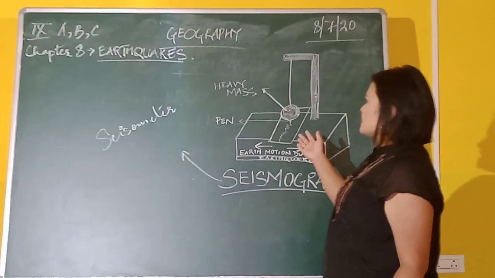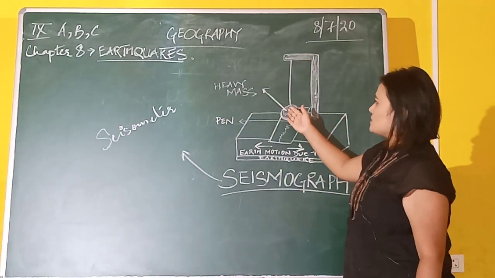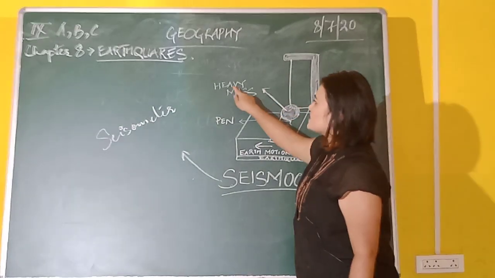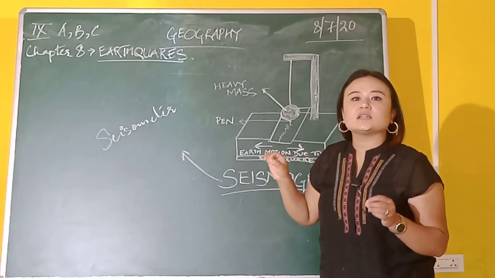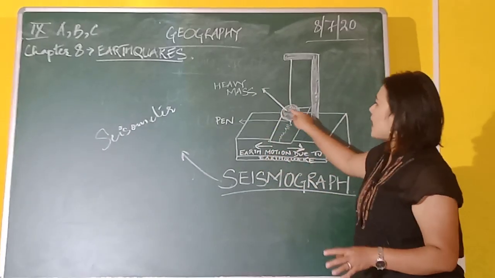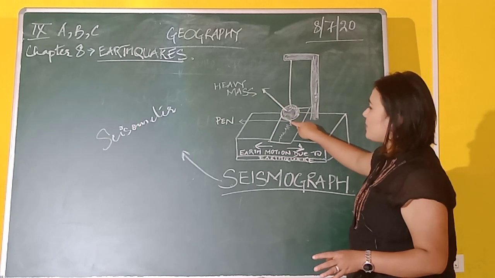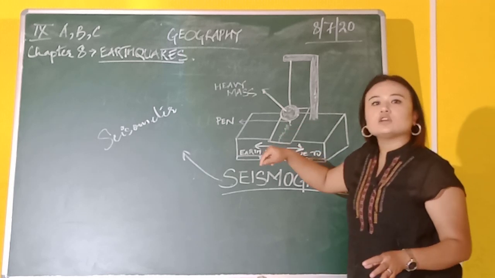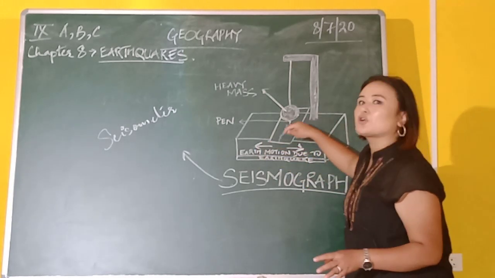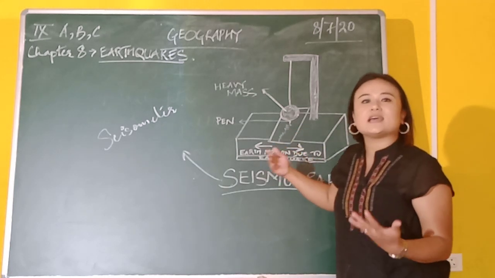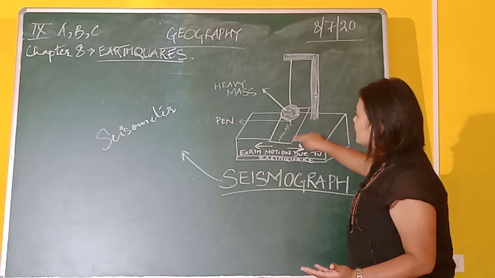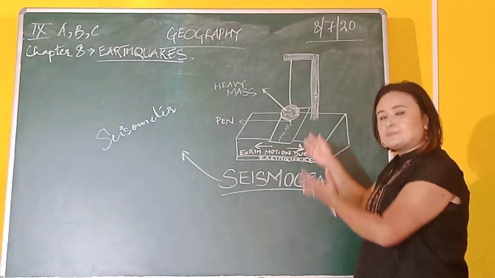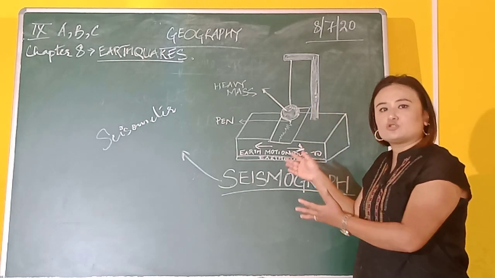Now see, have a look at this diagram. You can see a heavy mass in the form of a pendulum has been attached here in this instrument. Now why do we have this heavy mass here? Because it is resisting the motion of the earth. And on top of that, you can see this pendulum has been attached to the pen. Now this pen is being utilized in order to draw the direction of your earthquake. So automatic recording of your P waves and your S waves is highlighted here in this moving sheet of your tissue paper. So this diagram is the instrument utilized in order to measure your earthquake.